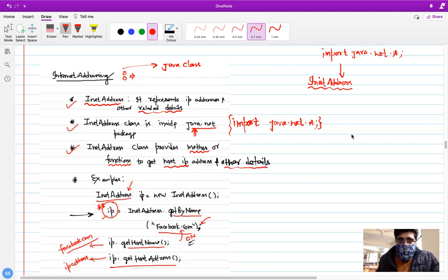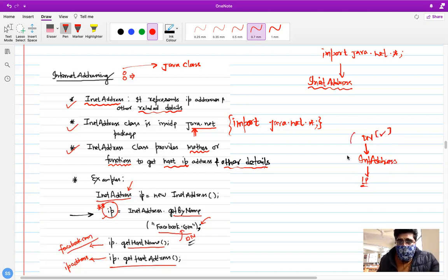So it means if you know the domain name, you pass this to the InetAddress class, and one of the methods of this class would return you the IP address of this particular domain name.